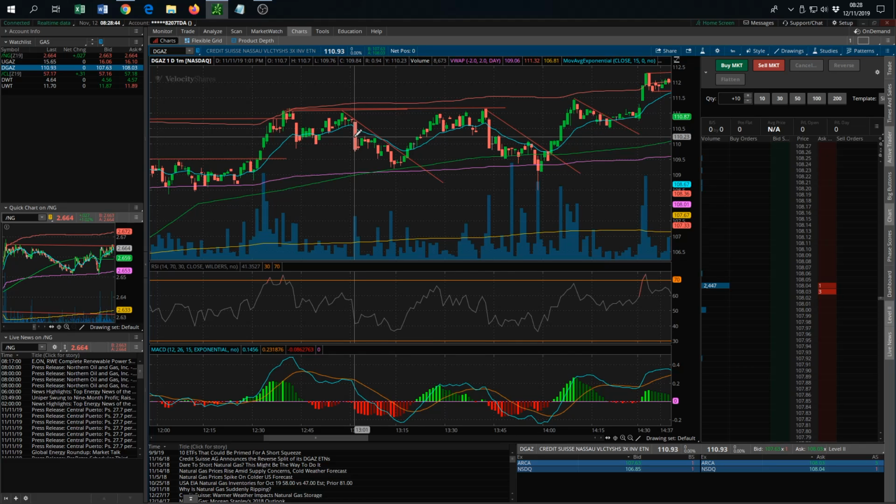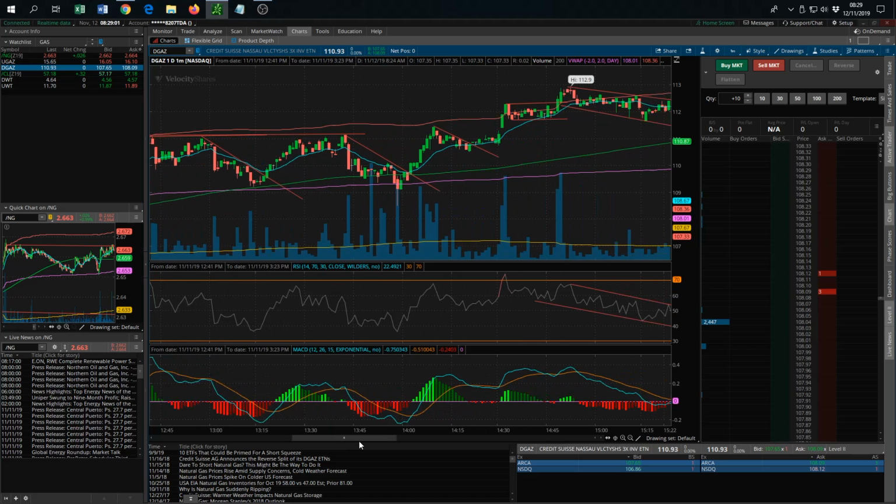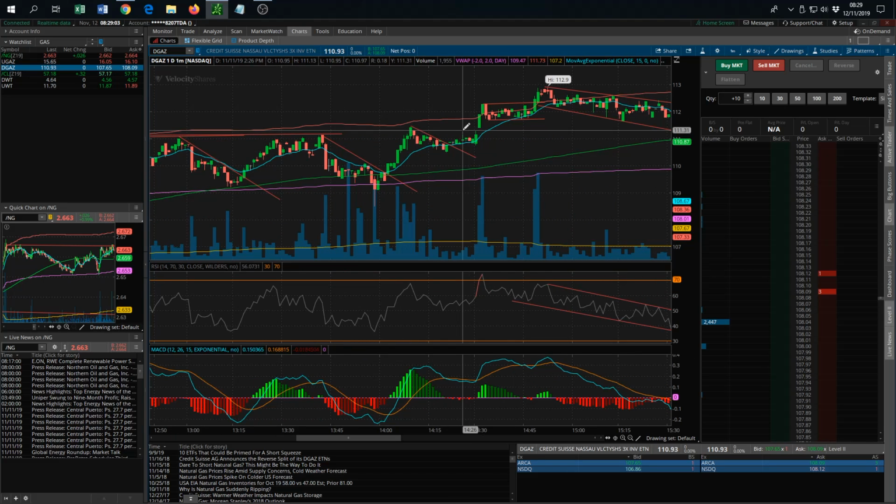See here a big candle, see here a big candle. There's no big candle here, just a price gap with little volume, not the same as in these candles. So, well, we can see that's not the same good trade here. So perhaps you could have not entered here because it's just not